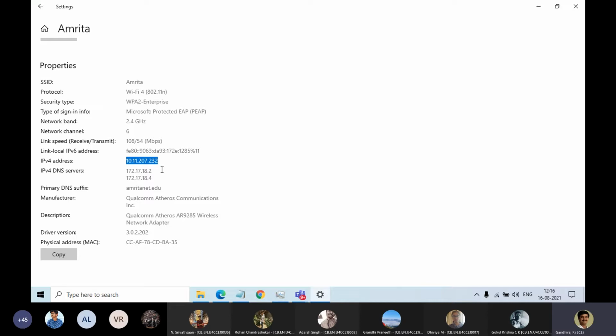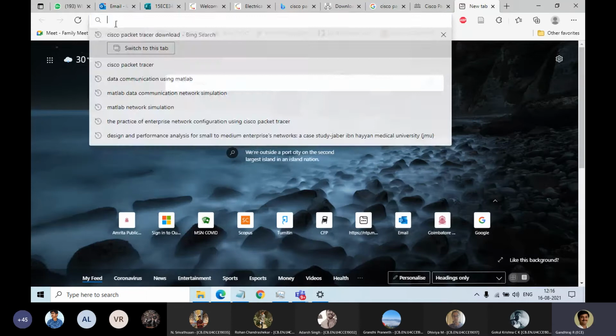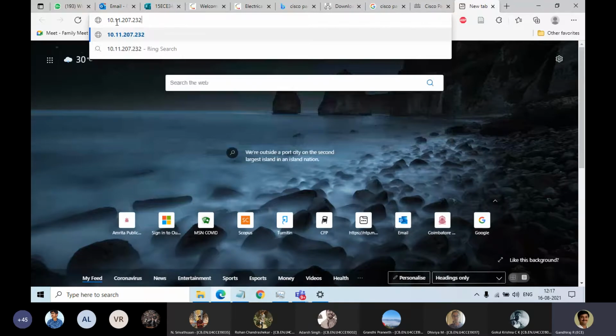Hope everyone can understand. In our college veranda, you can see a Wi-Fi hotspot on the ceiling, which covers 3 classrooms. That router is equivalent to the router available in our home, where we get internet connectivity from an ISP through an OFC cable. Assume this IP address is 10.11.207.232. 232 is assigned for me.